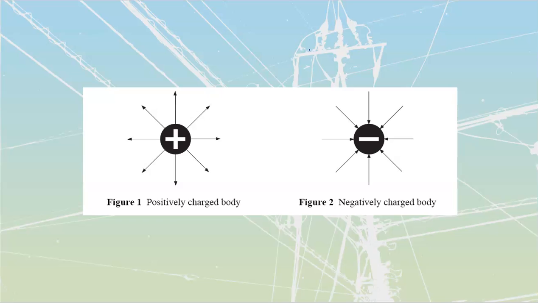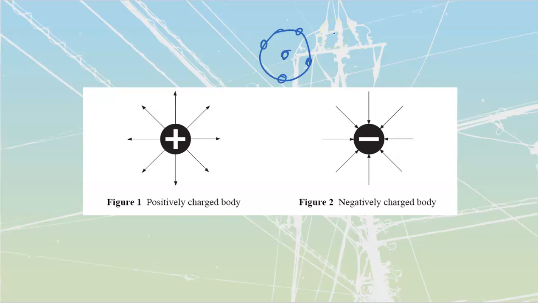Oftentimes these are going to be chemicals, like in a battery. A battery is a charge separator. Other times they can be magnetic forces, like in a generator or something like that. Other times they can be caused by piezoelectric, thermoelectric, any one of our other types of forces that are going to separate charges. We refer to them as just being sources of electricity, but technically speaking, a source of electricity is going to be a charge separator that is going to take something that was balanced. We're going to have a nucleus and electrons that are going to be traveling around the outside of that nucleus. It's going to take what we have for a balanced electron, and it's going to separate